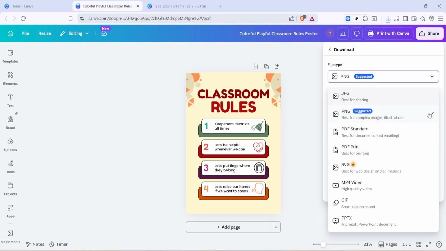In the Download panel, find the File Type option and open that dropdown. This list controls the format of your export. You might see options like PNG, JPG, and different PDF presets. For a document you plan to share digitally, like a brochure, resume, or presentation you'll email or upload, select PDF